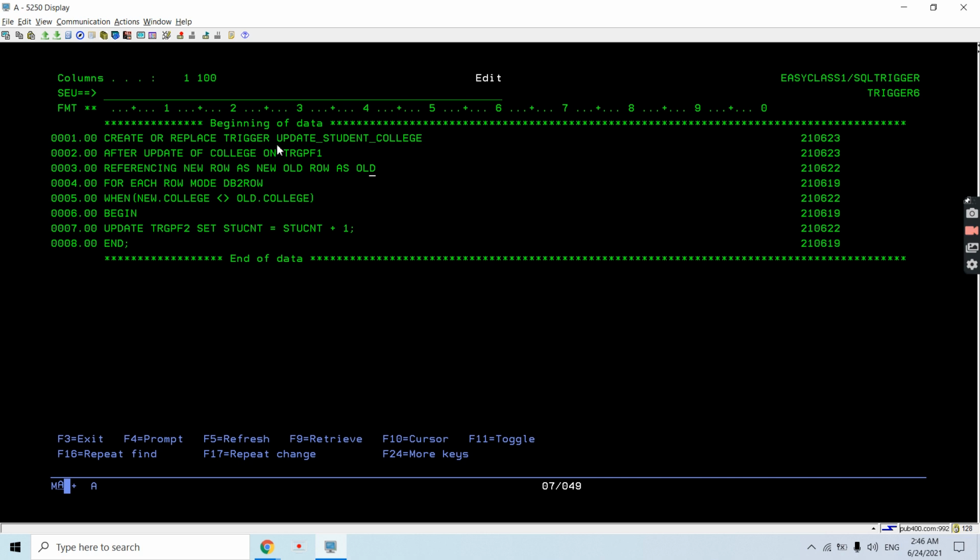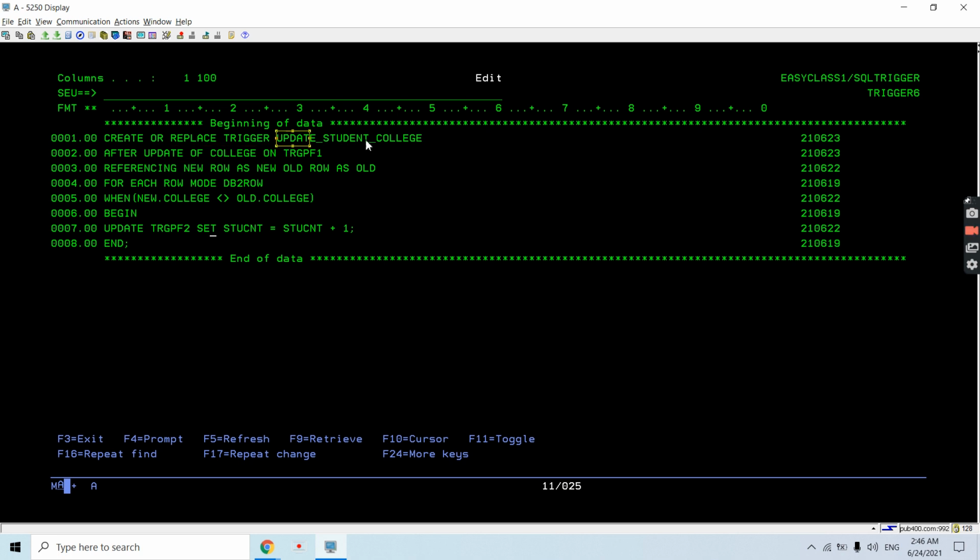So this was the trigger name. The specific name is not mentioned here; the specific name and the trigger name must be different, because it's a long name and system objects must have a name up to 10 characters. Whatever trigger object is present currently will be replaced with the newer trigger object which gets created when we compile the source member. That's why we use create or replace here.